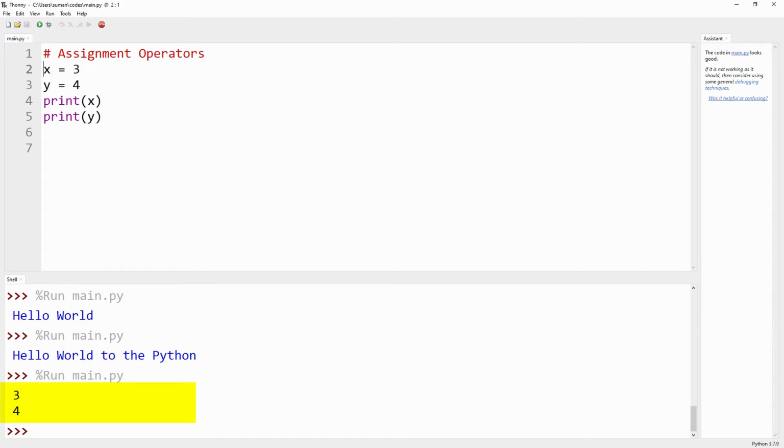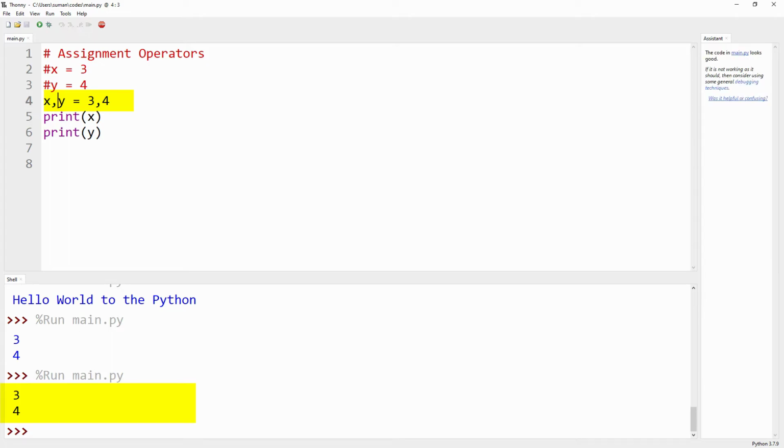But instead of these two statements, we can use only one statement: x comma y equal to 3 comma 4. If we run the code, we get the same result. That means x is equal to 3 and y is equal to 4.